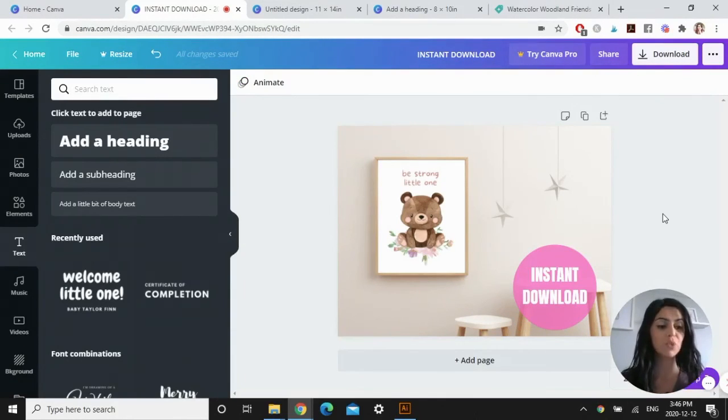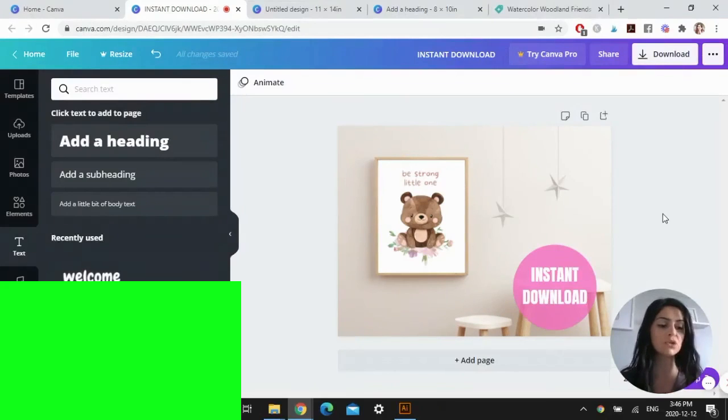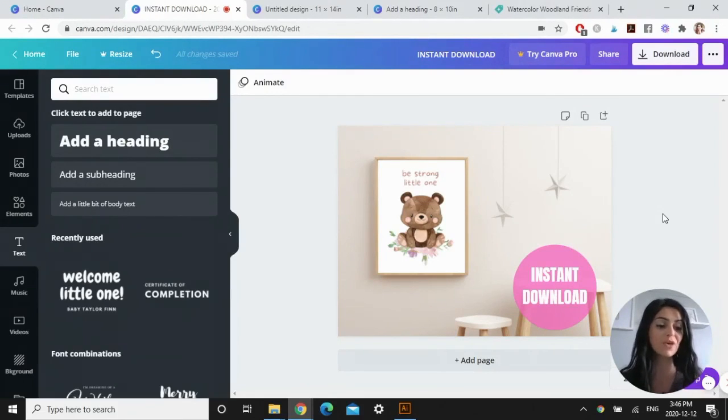If you need me to do a tutorial on how to start a listing and add in your images, your title, description, and your tags, let me know. I can go through that step by step and show you how to upload the digital files to make sure that your buyers receive the digital downloads immediately after